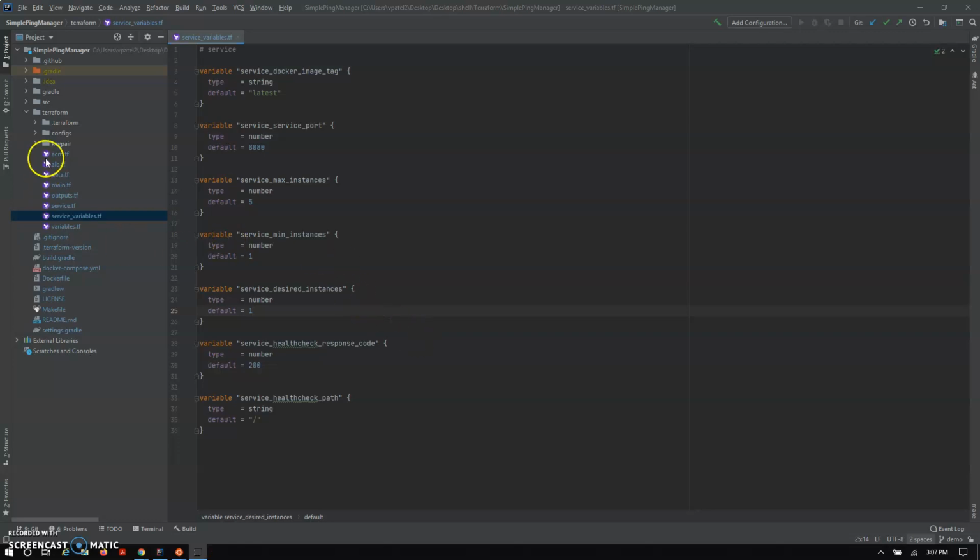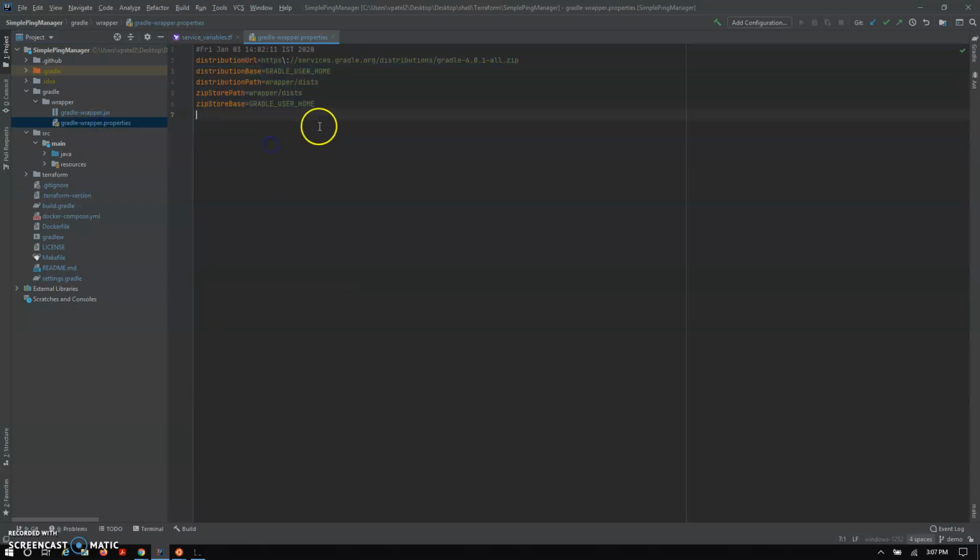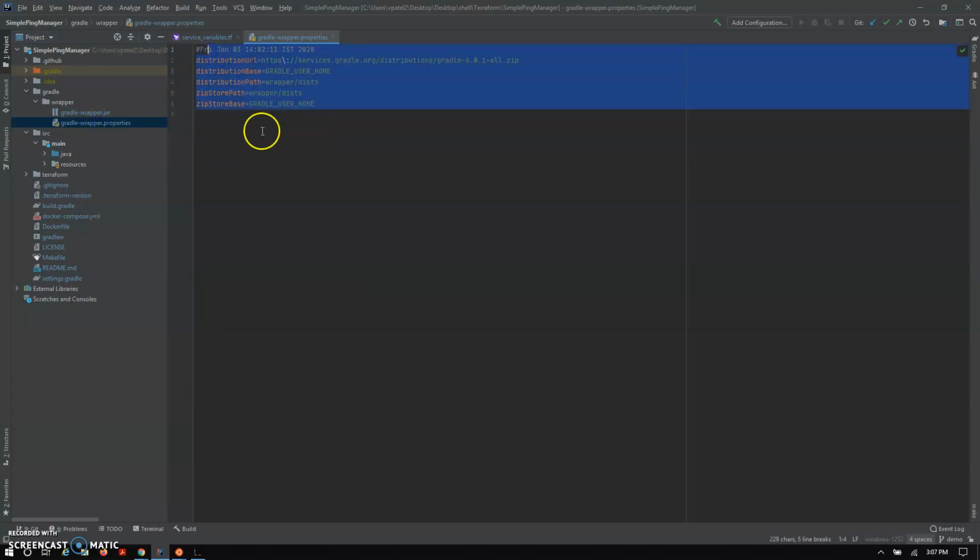Now let's move to the code part. Here basically two parts are configured. One is the Java application and the second is the Terraform part. So let's start with the Java application here. There are two parts. One is the Gradle configuration and the second is the source configuration. The Gradle configuration will basically pass the Gradle wrapper properties. You can find this Gradle wrapper properties here in the Gradle